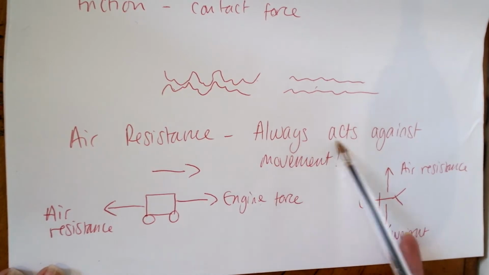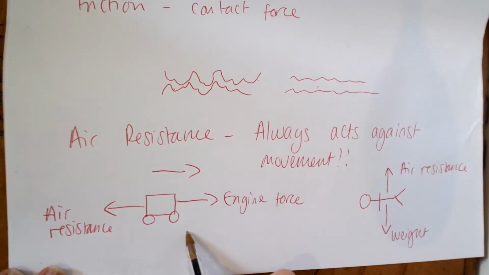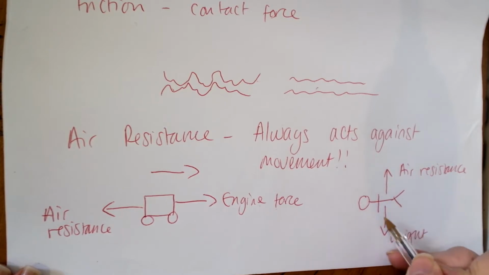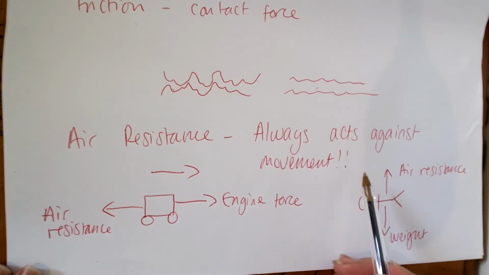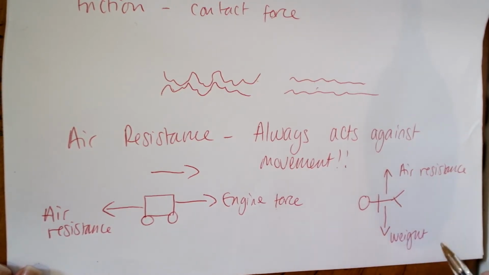Finally, air resistance always acts against movement. It doesn't matter which way you are moving. In this one moving in this direction, the air resistance goes that way. In this one, the air resistance goes up because they are moving downwards. Okay, so that can change around which way you draw the arrow. However, it doesn't